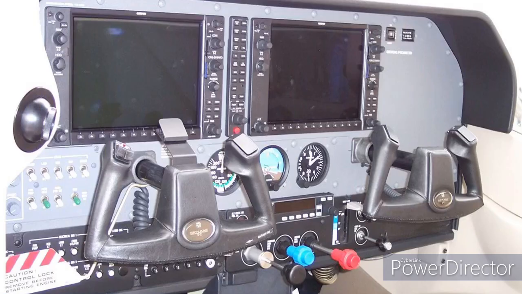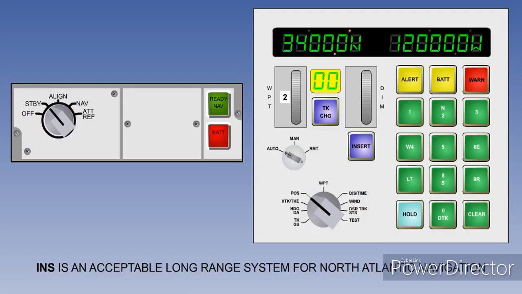There are several elements, both in aircraft fit and in procedures, which we will examine in this lesson, looking at the navigation equipment first. Aircraft must be fitted with at least 2 long-range navigation systems, which are capable of providing continuous position, track and speed information. The approved systems are a Global Navigation Satellite System, the only currently viable one being the Global Positioning System, widely known as GPS, an Inertial Navigation System, INS,